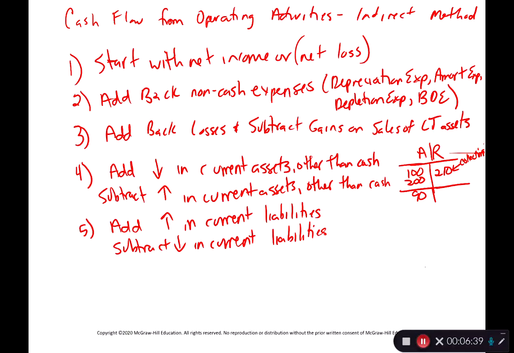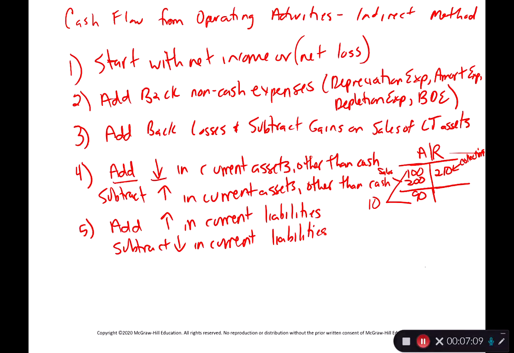So the amount we collect is more than the amount that we sold on account. So in our net income, we're going to have the sales of 200, but we actually collected 210. So we collected $10 more than we have in our income from our sales. So that's why the rule for number 4 is when we have a decrease in a current asset, we add